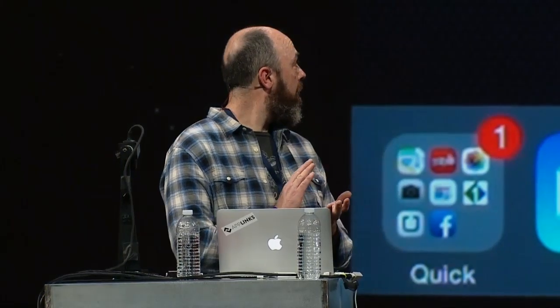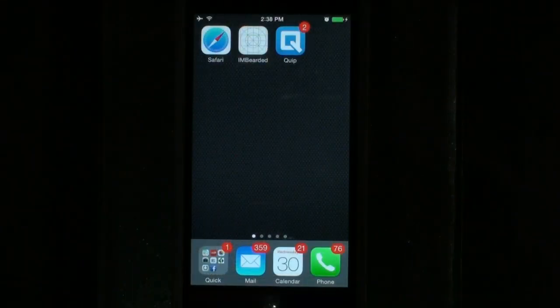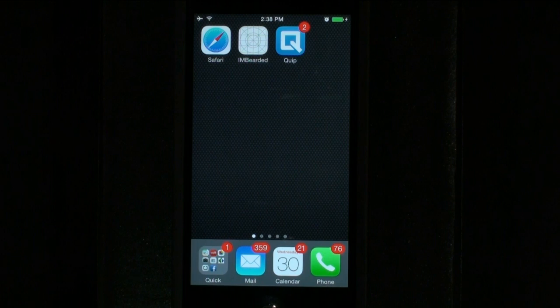on the home page of my phone, I have three links here. I have Safari, I have my app, which is under development, and then I also have Quip, which is an application for editing documents and collaborating with people who you know.